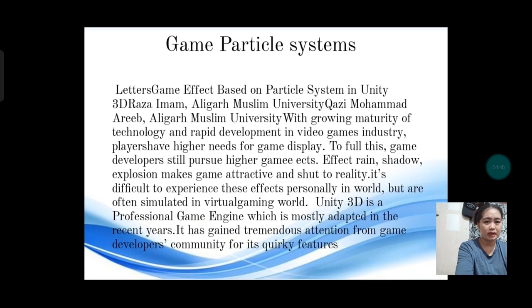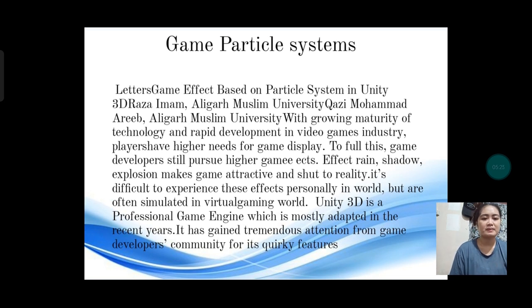Next is the effect scheme based on the particle system in Unity 3D. According to the study, with the growing maturity of technology and rapid development of the video game industry, players have higher needs for game display. To fulfill this, game developers still pursue higher game visuals. Effects like rain, shadow, and explosion make the game attractive and realistic.